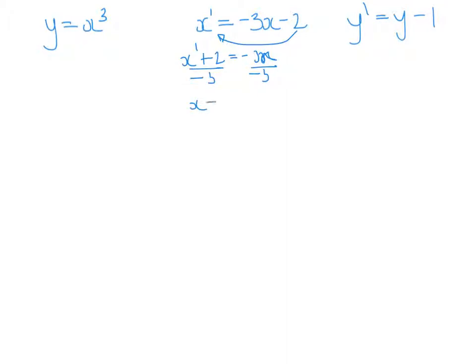So we end up with x equal to minus x dash over 3 minus 2/3, and y, I can take that minus 1 across to the other side. So y will be equal to y dash plus 1. Now if we substitute both of those into our original equation, what we'll end up with is y dash plus 1 is equal to